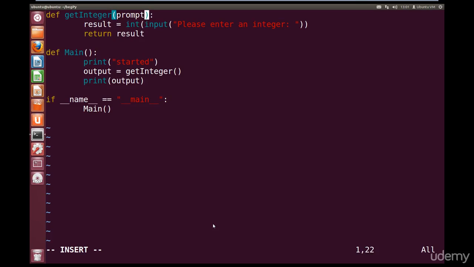Now with that prompt string, we're going to put it straight into our input function. So instead of please enter an integer, we're going to put the prompt variable. Okay. Now this means we have to change when we call our getInteger function. So currently we've got output equals getInteger, and we have nothing inside the brackets. Instead, we're going to use it kind of like we use our input function. So we're going to ask please